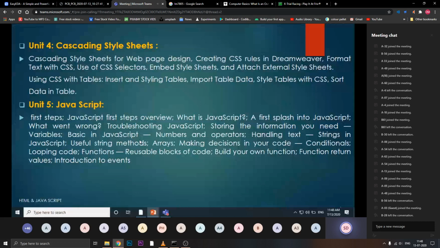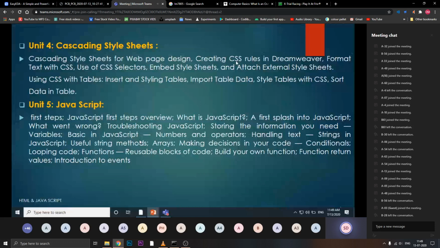Further, this chapter is very much interesting. What kind of special effects you want to give, as per that tremendous tools and things are available in this unit. You are going to enjoy this unit. Among all 5 units, this particular 4th unit, cascading style sheet, is very much interesting. What you are going to study here is cascading style sheet, web page designing. Totally you are going to design the page, creating the CSS rules. CSS is the short form for cascading style sheet. So you need to follow some cascading rules in Dreamweaver.